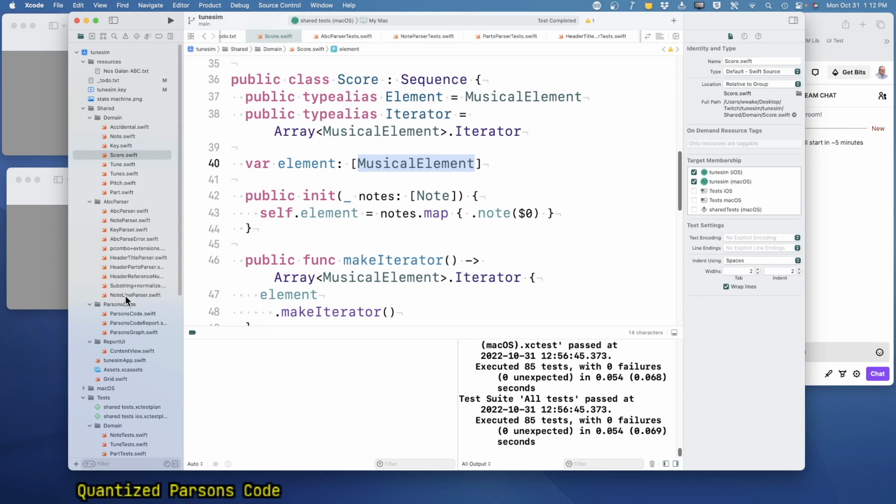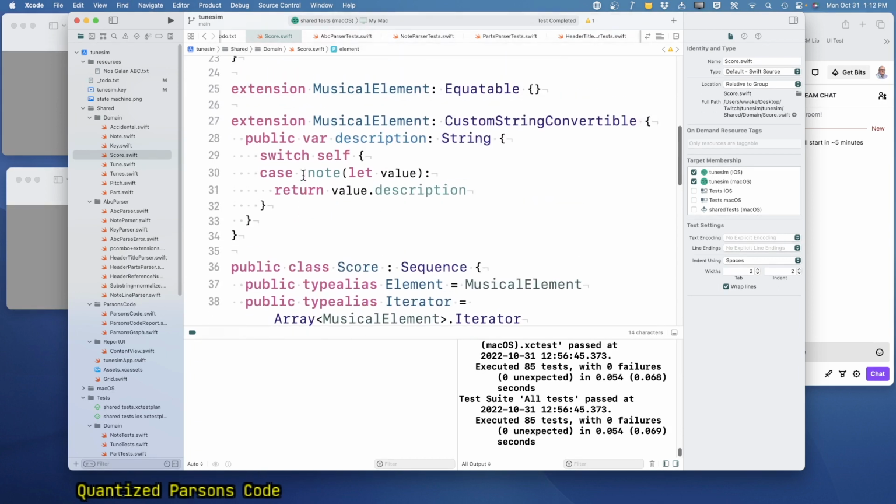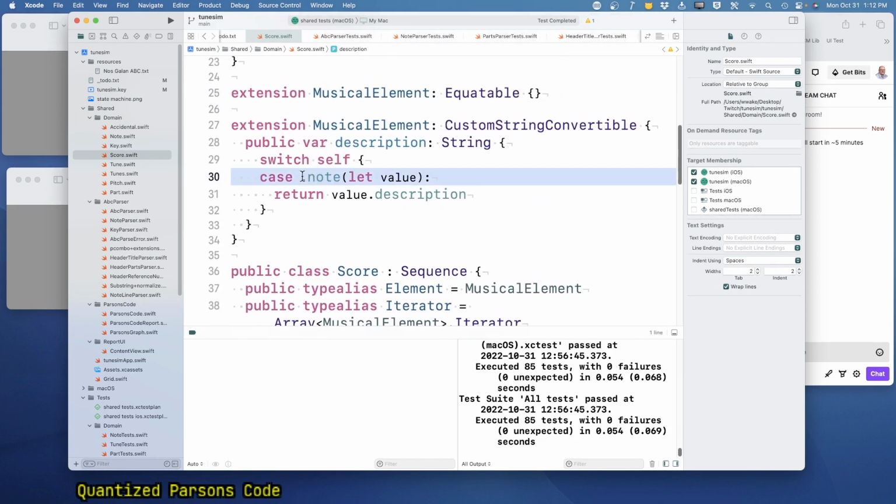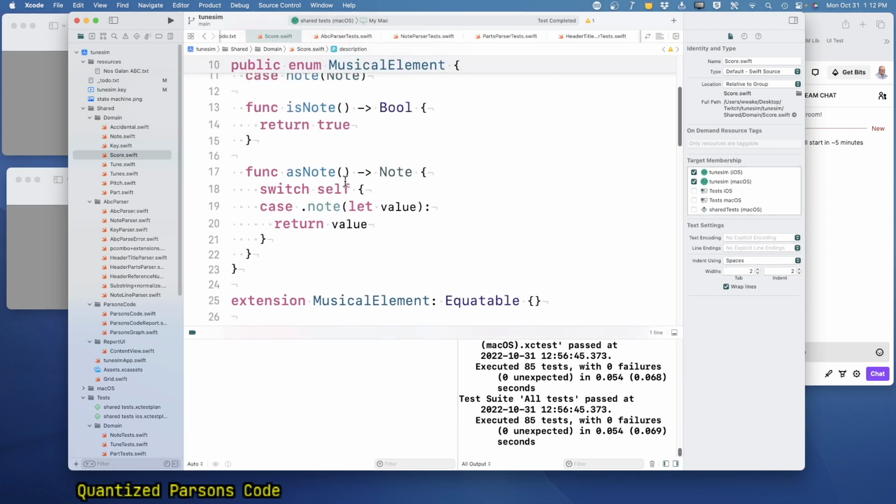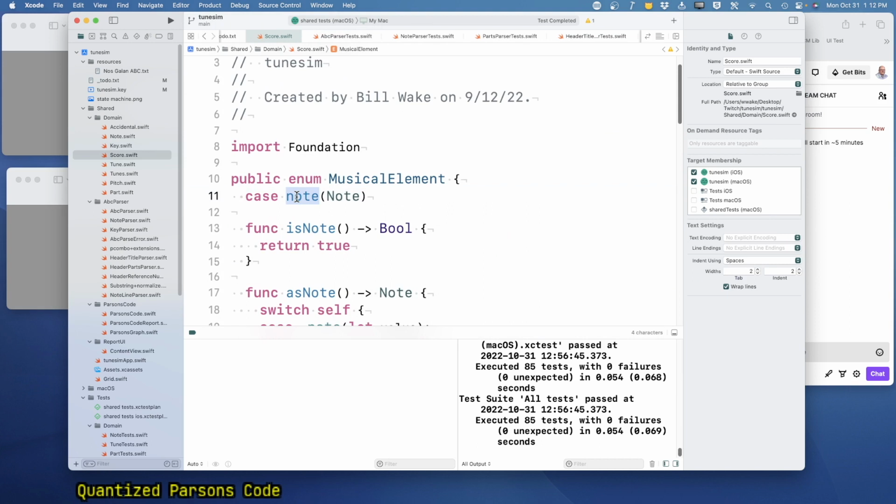I almost want to start this as a refactoring kind of thing. It isn't exactly, but I want to make it so that the Parsons code stuff we have now basically ignores bar lines. A musical element right now is only notes, a one item type. There's the case. It's notes. Okay. But I think bar lines, we could make a bar line concept, and